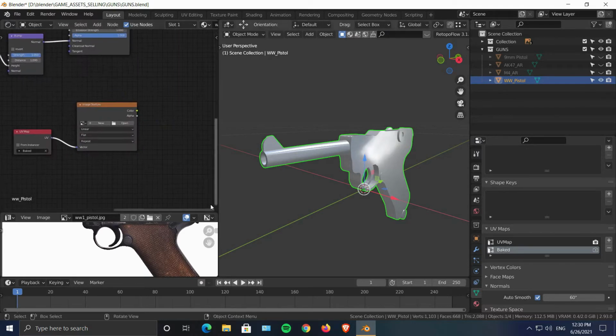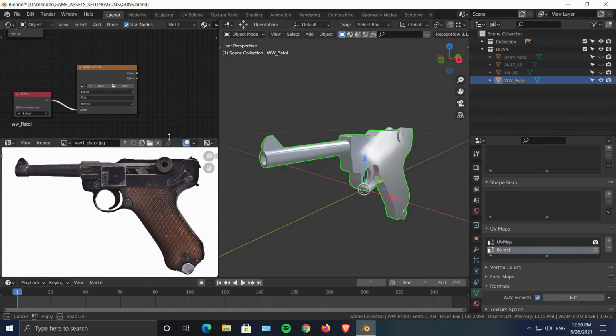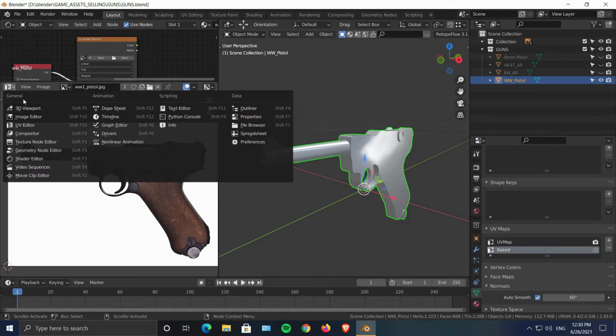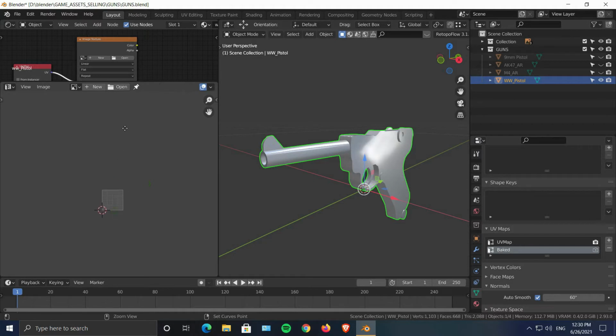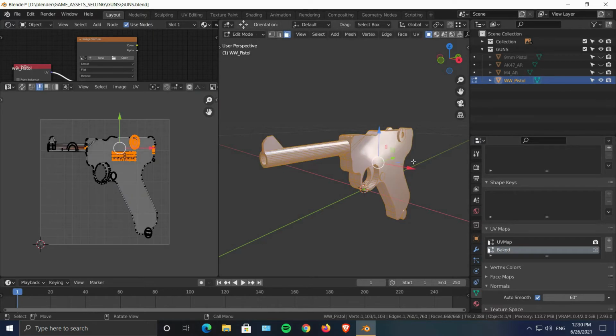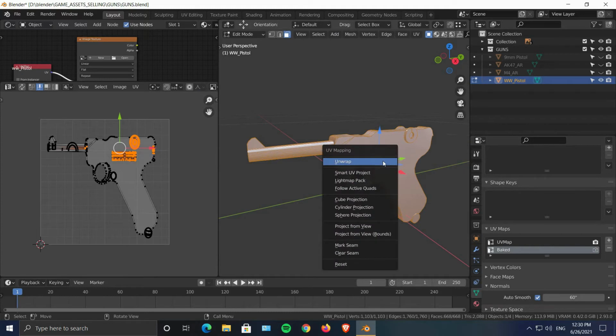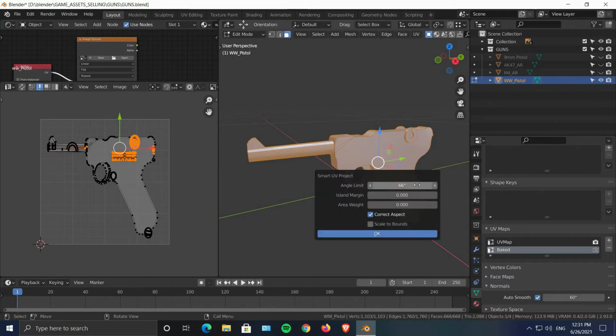Now once you do that, we also want a UV editor. Let's remove this image, let's focus over there, and then with the bake selected, go into edit mode and unwrap. Now you can do two things. You can unwrap by marking the seams, or you can directly do it with Smart UV Project.